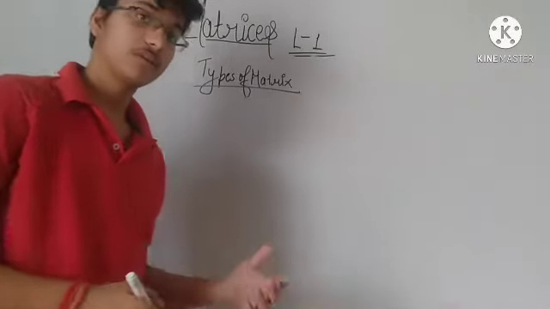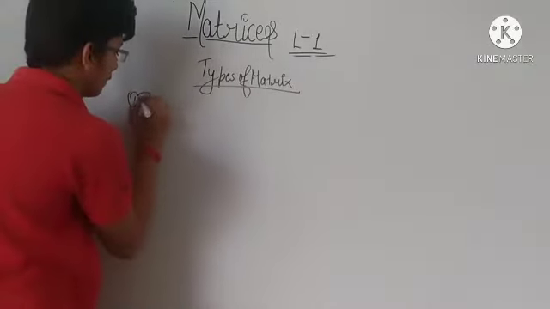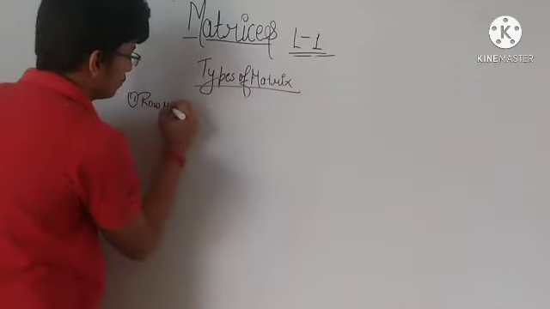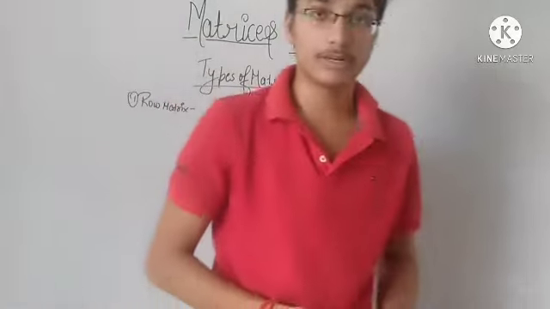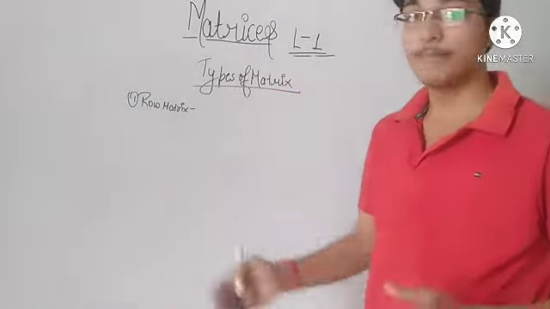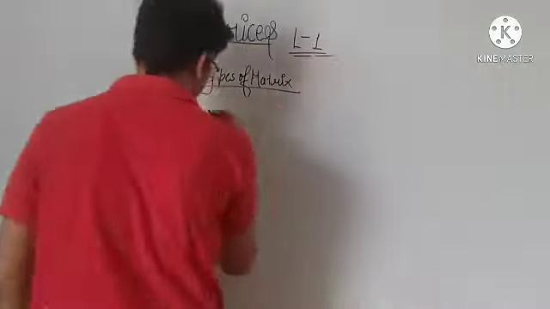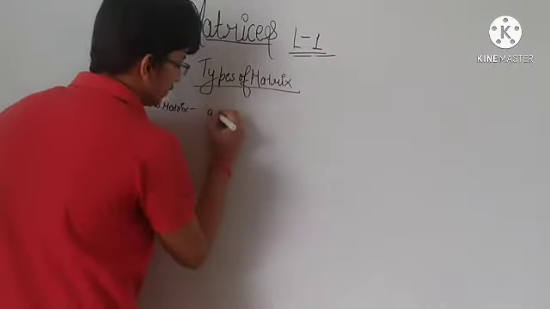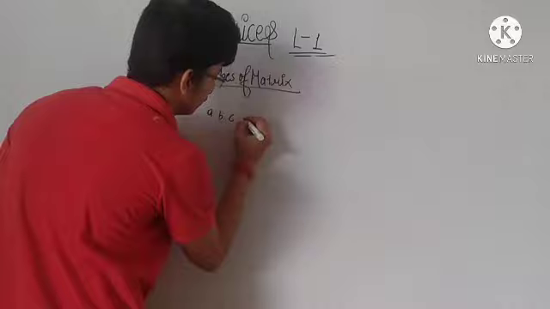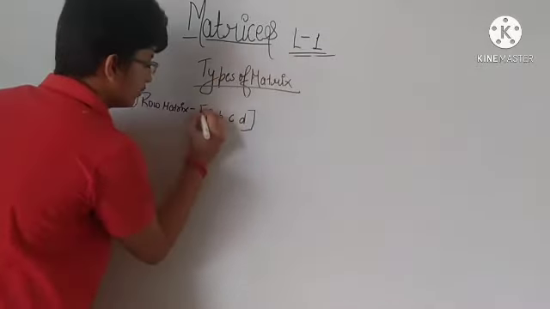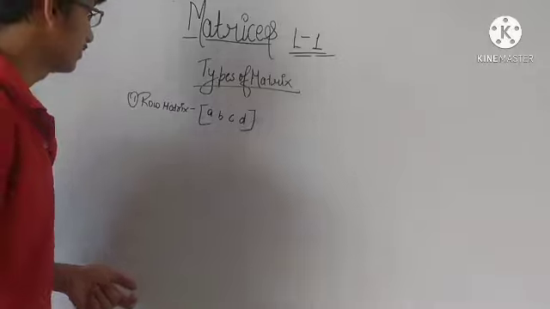Types of matrix: how many types of matrices are there? So the first one is the row matrix. What is a row matrix? A matrix having one row is called a row matrix. For example, A, B, C, D. So here there is one row. A matrix having one row is called a row matrix. Then second,